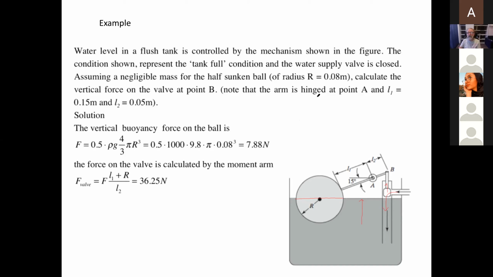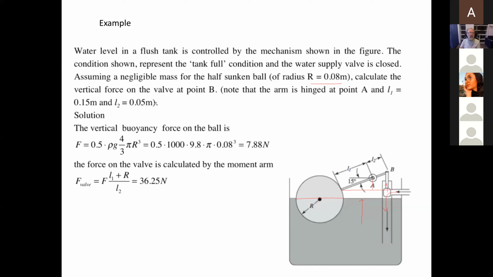We have the radius, which is 8 centimeters right here. And this is the condition that we would like to solve. It is at an angle of 15 degrees, but the ratios remain the same if you come here. So the arm ratio L2 to L1 is very much like it's given here. It's 15 to 5, same thing. So the vertical force is going to be